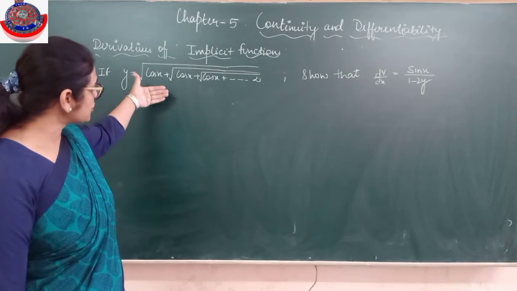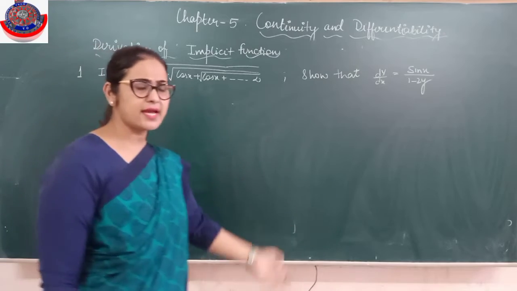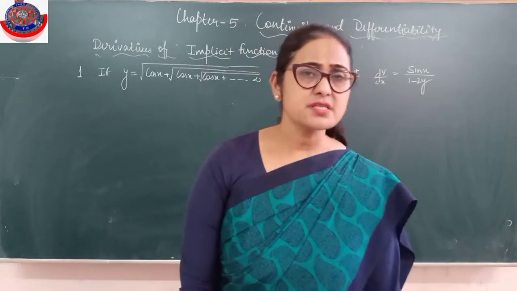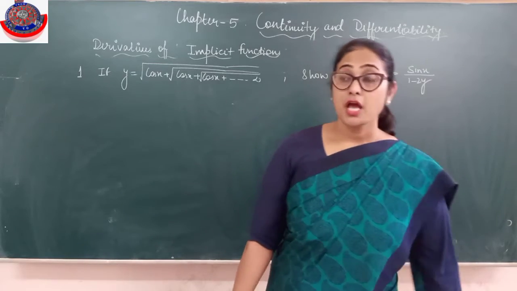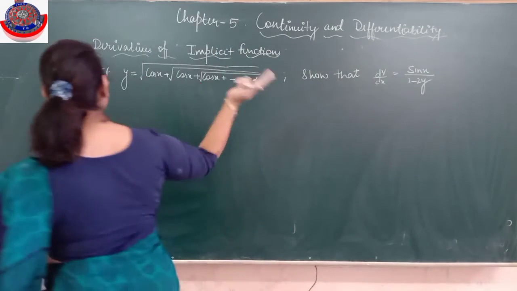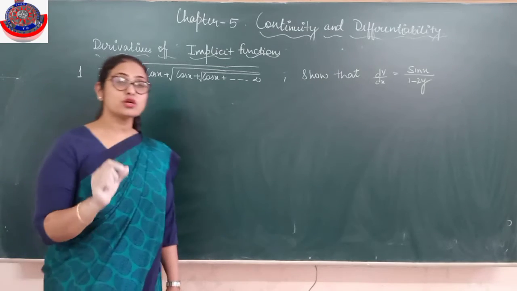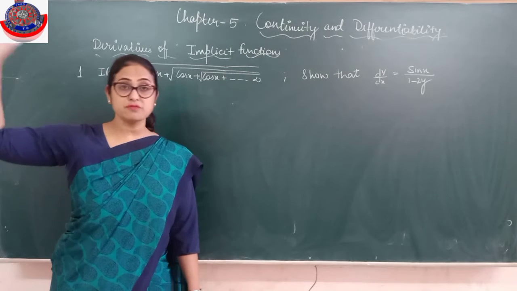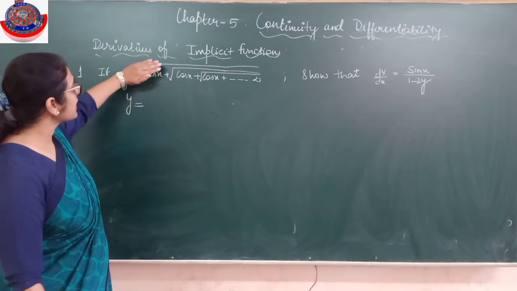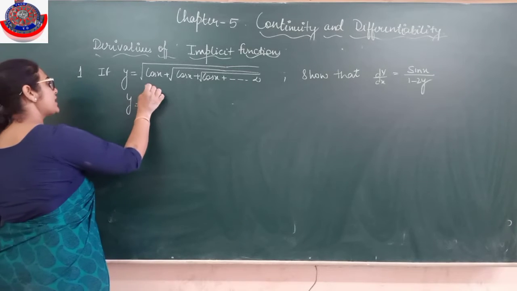Now when I look at this question the first time, y is on one side, x is on one side. So this is not an implicit function, this is an explicit function. Y is segregated, x is segregated. But if I see, it's in infinite terms. So now y is equals to under root cos x plus under root cos x plus under root cos x and so on up to infinity. If I say squaring both sides,